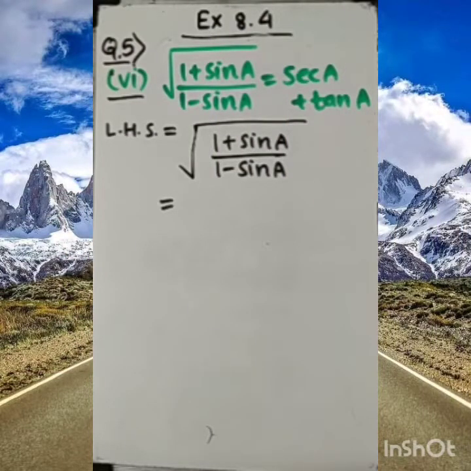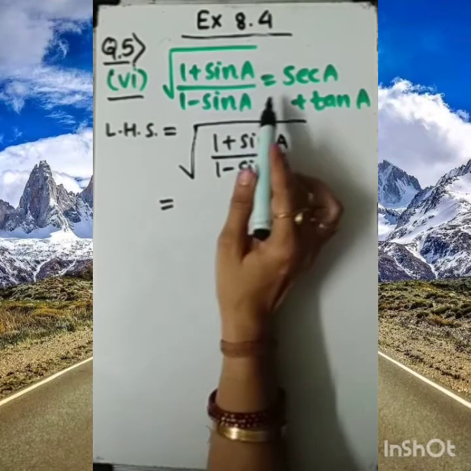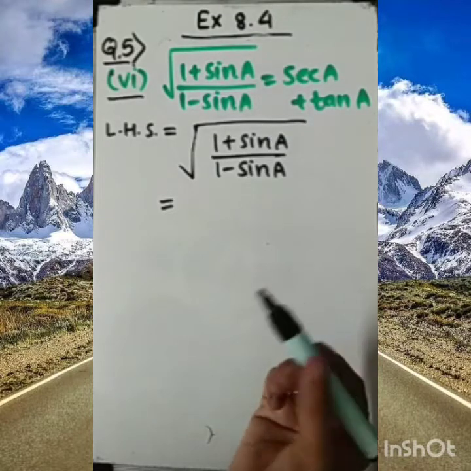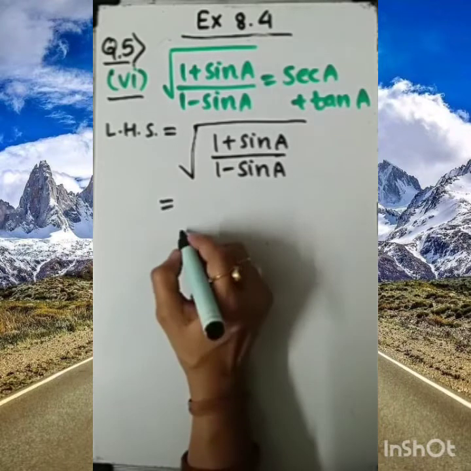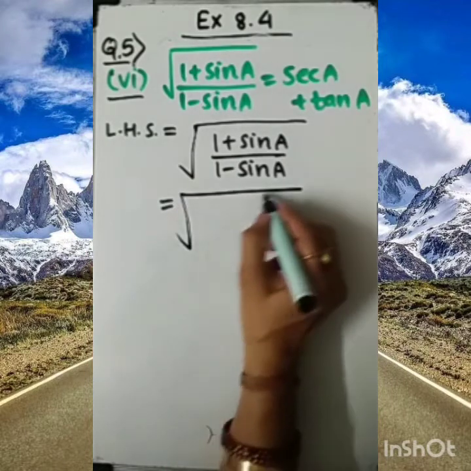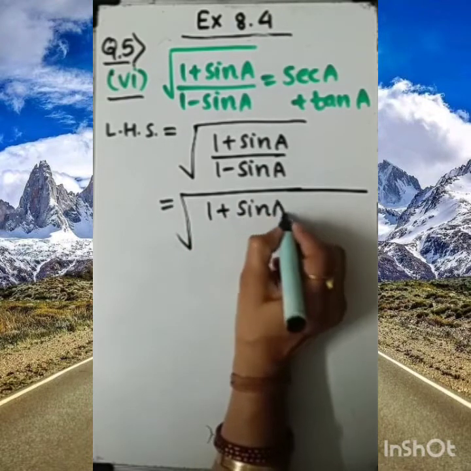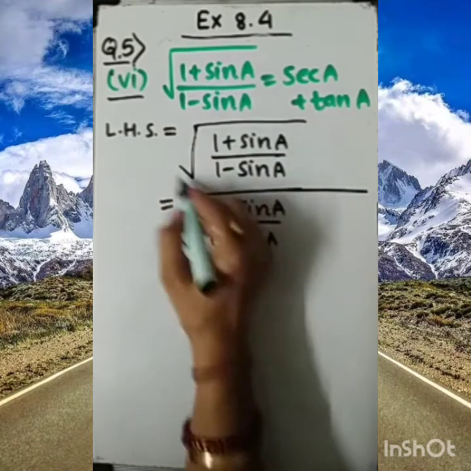So dear student, here sixth question is on your screen now. We are given under root of 1 plus sin A upon 1 minus sin A, that is equal to sec A plus tan A. So how to simplify? I would like to prefer to move out with LHS first. Everything is given in under root, so let me note down in under root only. Now how to go with the next step? As the first step I have already mentioned here.